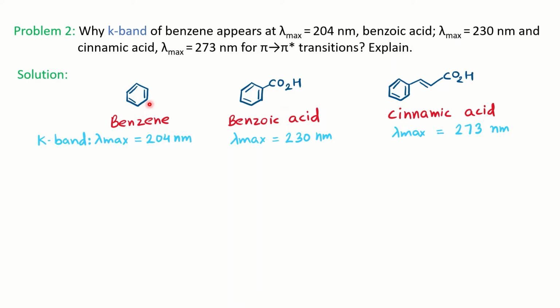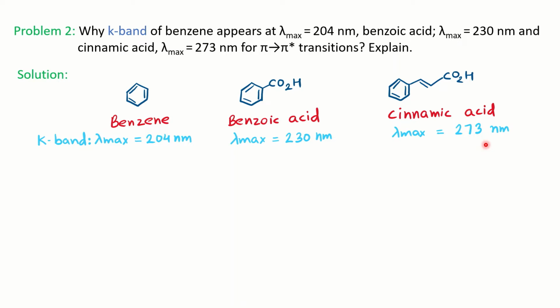So if you see the structure for all three, right, this is the structure. You can notice what is happening from benzene to benzoic acid. You have additional conjugation present here. Now carbonyl bond of this acid is involved in conjugation. So compared to benzene, you have extended conjugation in benzoic acid. So from 204 to 230, they are talking about K band, which is applicable for pi to pi star transition, right? Now again, in case of cinnamic acid, along with this carbonyl, you have one more additional double bond. So as compared to benzoic acid, extended conjugation is present in cinnamic acid. Therefore, again, you can notice the bathochromic shift from 230 to 273 nanometer.